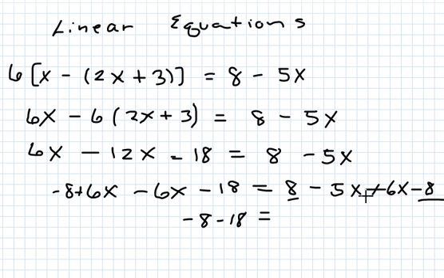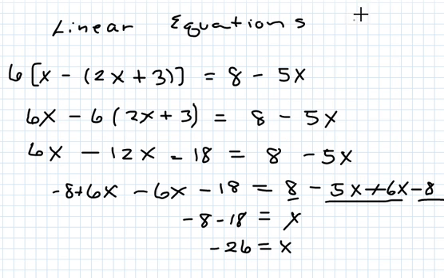And we have a negative 5x plus 6x. Now I'm going to go ahead and simplify this down while I'm here. So pretend this is like a 6 minus 5, which is 1, right? So this just becomes x here. Negative 5x plus 6x is just 1x. And now we can just go ahead and finish this up. We have a negative 8 minus 18, and that'll give us a negative